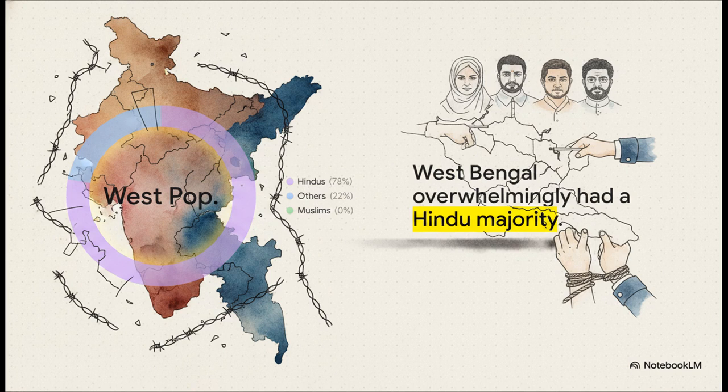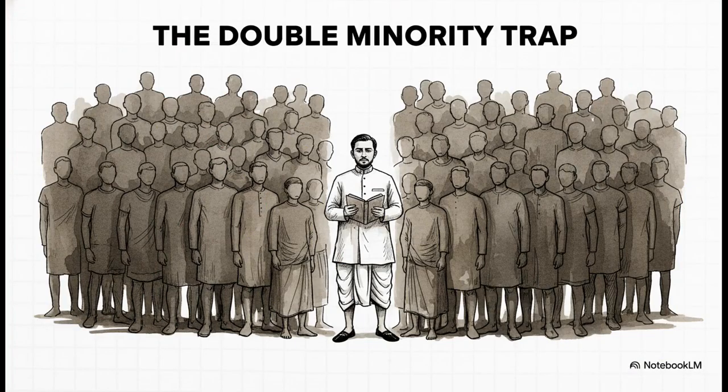Historically, the Hindus and Muslims of Bengal had stood united, side by side, but this new border actively split that demographic right down the middle. But honestly, there was a second layer to this manipulation that was even more devious. This move created what became known as a sinister, double minority trap.